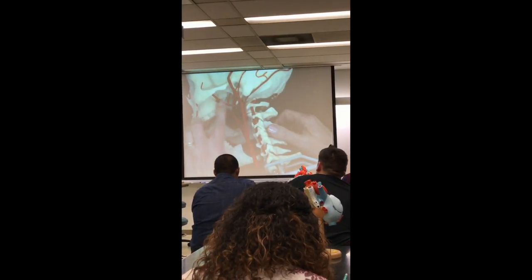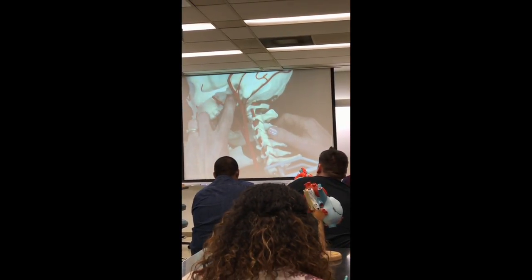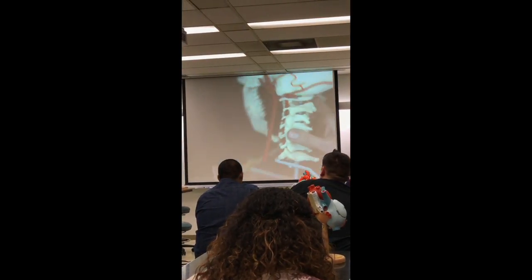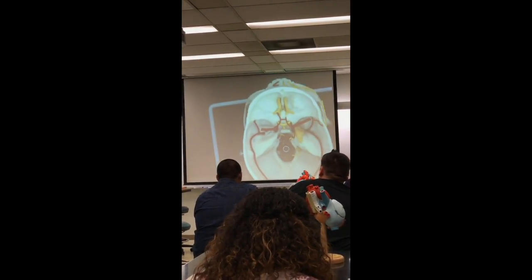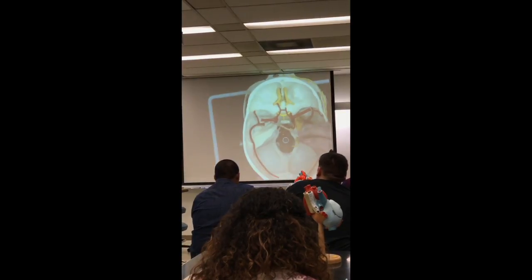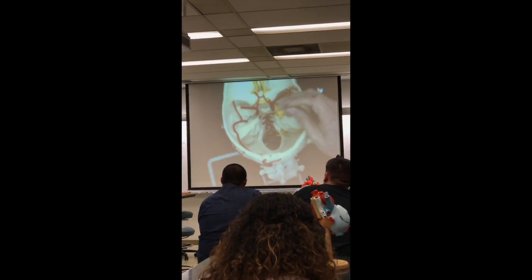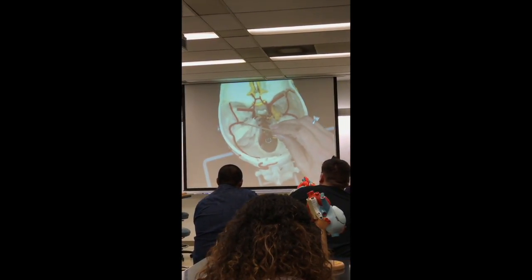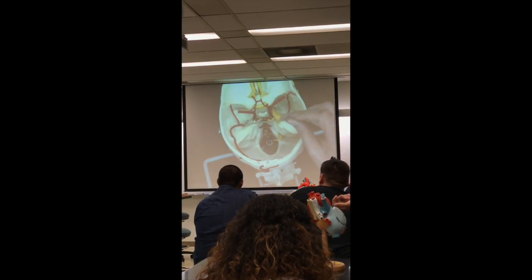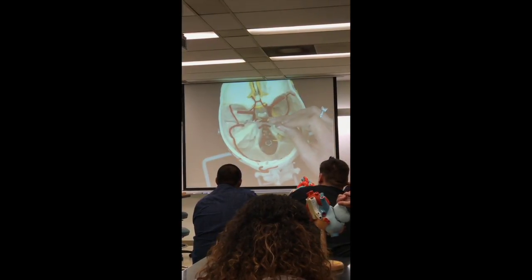Right? Now, I said there was a branch from maxillary that passes up through the skull. So here is the foramen ovale, and just behind it is foramen spinosum. So this vessel coming through and supplying the periosteum and the